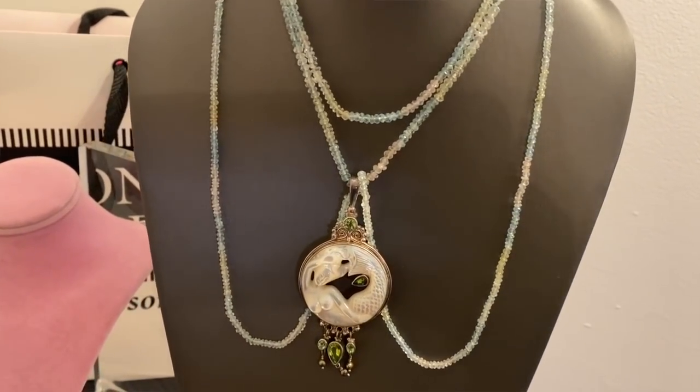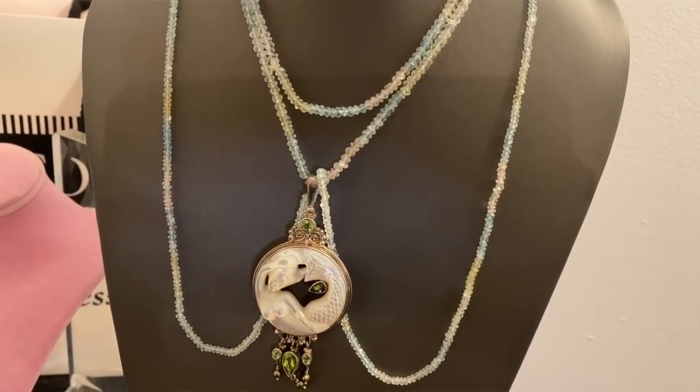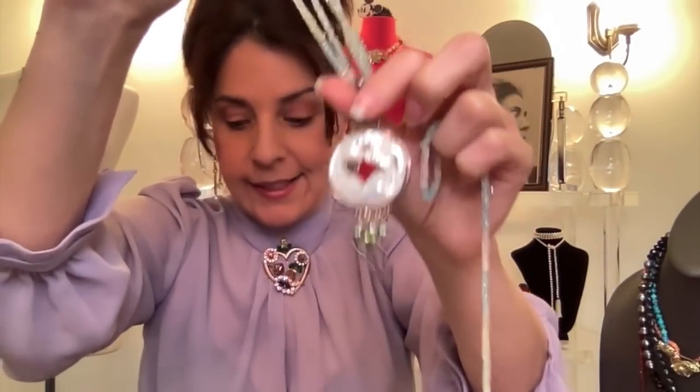and here it still sits. This is a Sagen pendant of a mermaid with peridot, and these are all multicolor aquamarines, and they are different lengths. So I had the two of them together, and then there's double spring rings on this one. So I had some idea of being able to layer and do a lariat, and then here's another one here. So I had all these different strands, and this is gem quality aquamarine. You can see how beautiful it looks with this pendant. And then I had tourmaline,